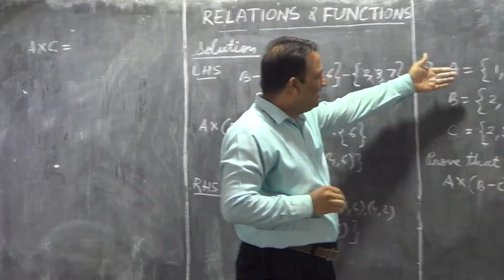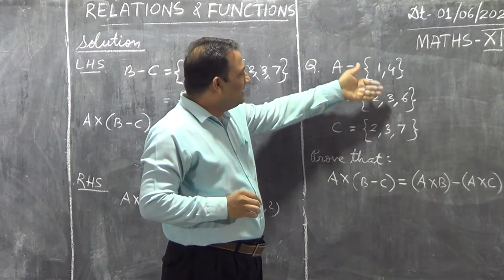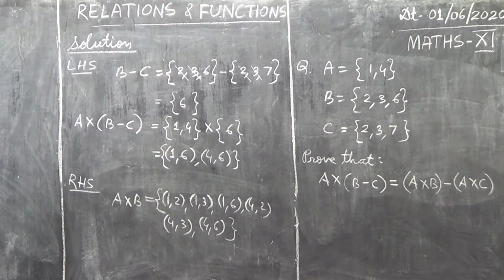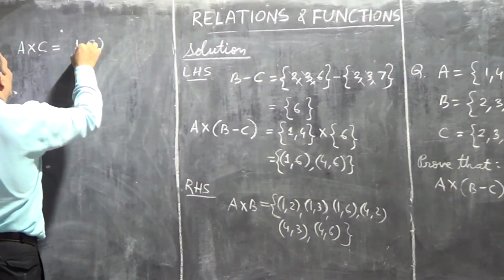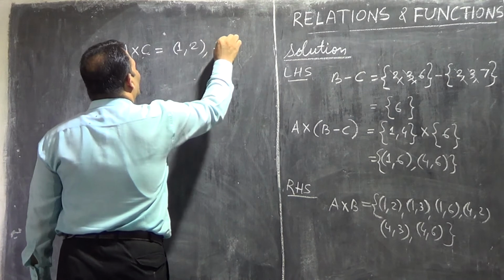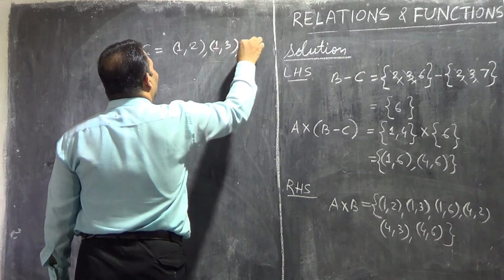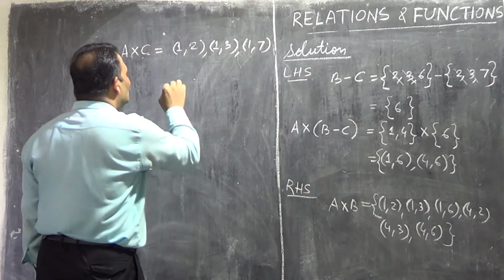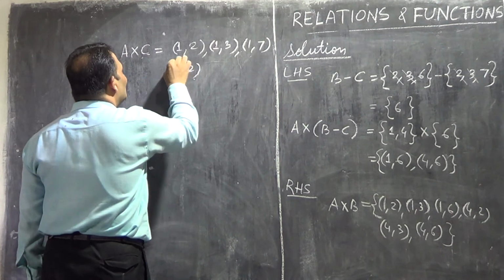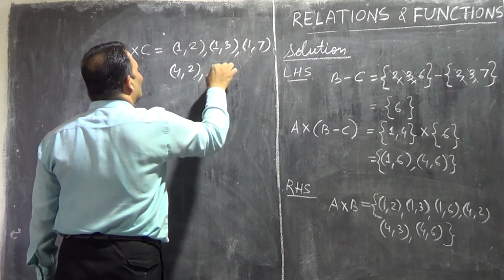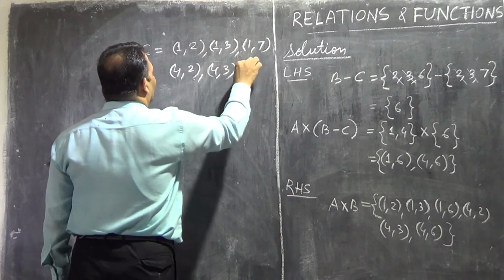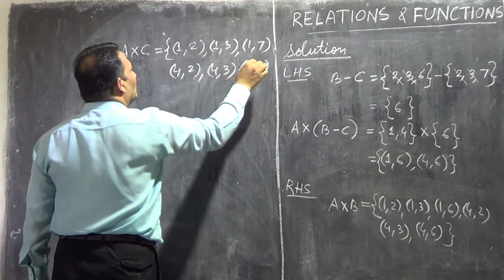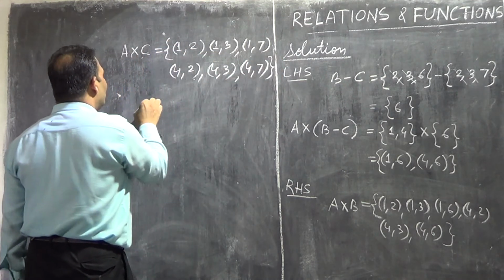Children, you see directly: (1,2), (1,3), (1,7). Then (4,2), (4,3) and (4,7). That equals